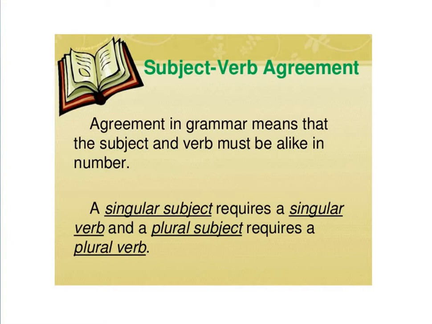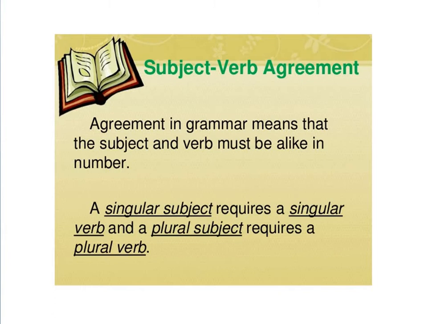So we see what the subject is, and according to that subject we add that kind of verb with it. For example, if we have the sentence, "He go to school." Here the subject-verb agreement rule is not applied. We know that he is a singular pronoun. We are talking about one person. So with singular we add s or es with the verb. So we say, "He goes to school."